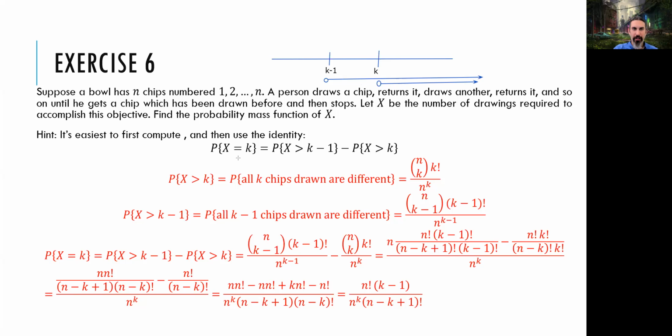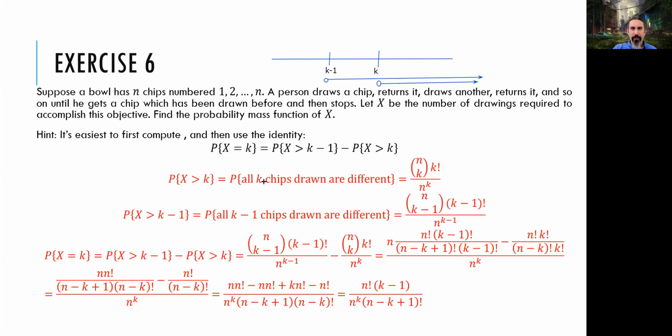So this holds. This is okay. So to find this one, x is equal to k is the backbone or the basic level of PMF. So I have to find it for all k anyway. So to find this PMF equation, I have to just find these two. Now, this one says that x is greater than k. This means that the first k chips are all different. They're all unique. They're not the same at all. Okay. If x is greater than k, we know that the first k chips are different. They're not equal. There's no same chip in those k chips. So I have to find the probability of drawing k different chips.